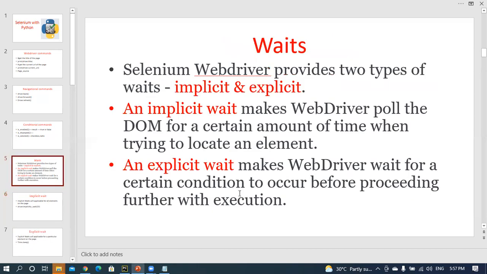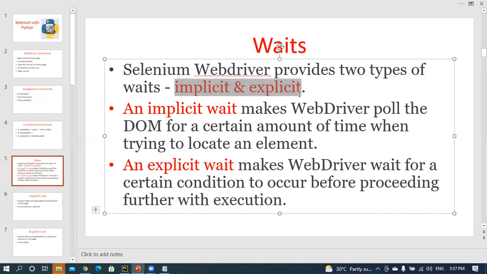In order to provide some wait for these web pages, waiting for some time, there are two different waits available in Selenium. One is an implicit wait, and the other is an explicit wait.